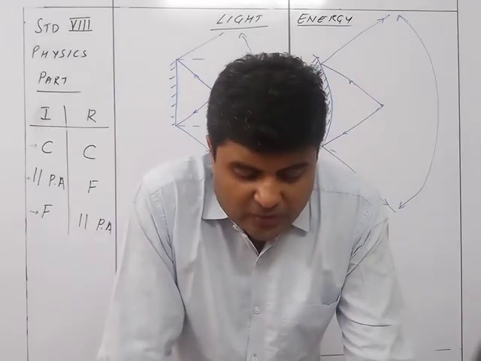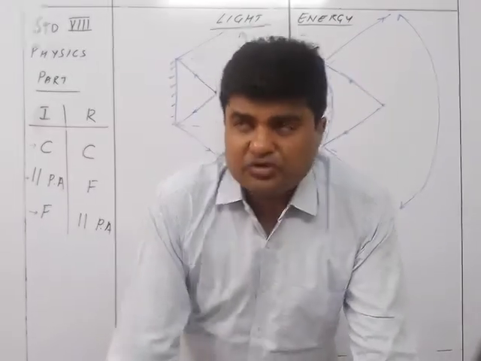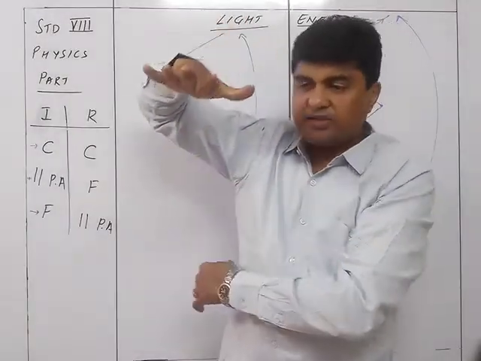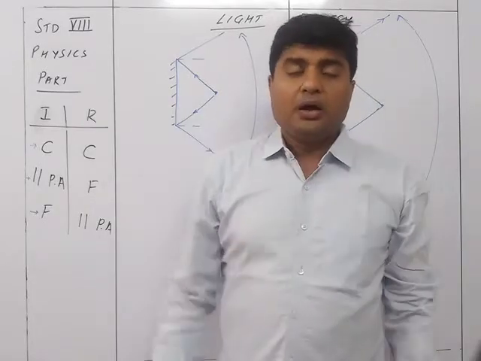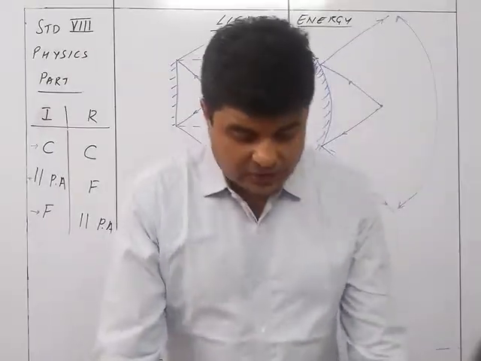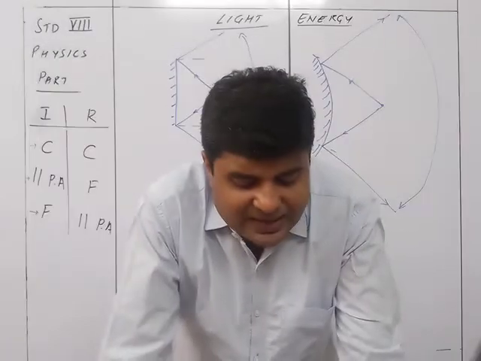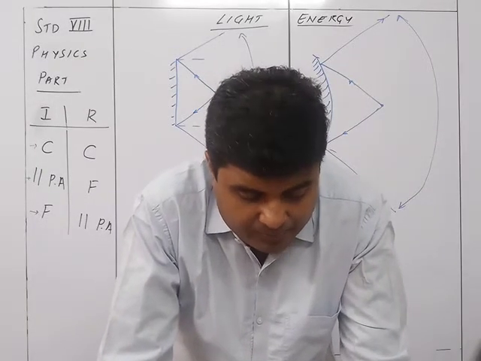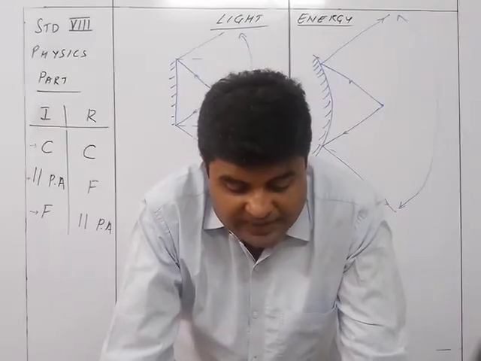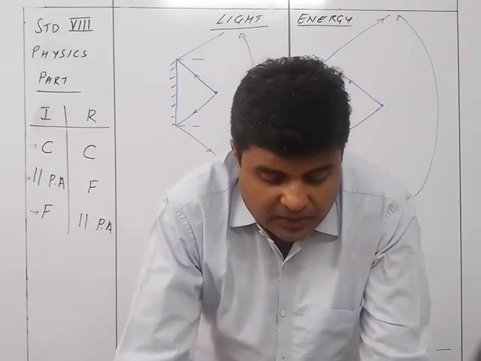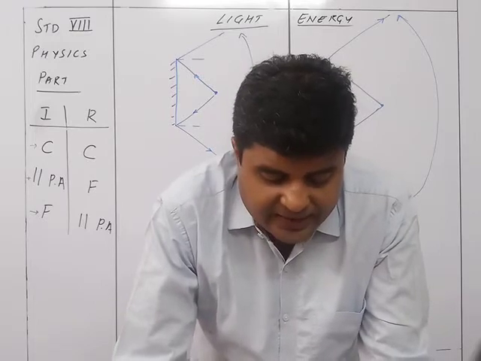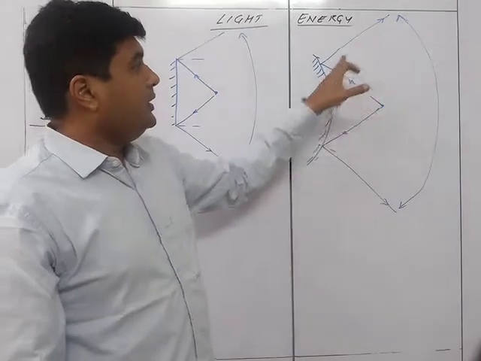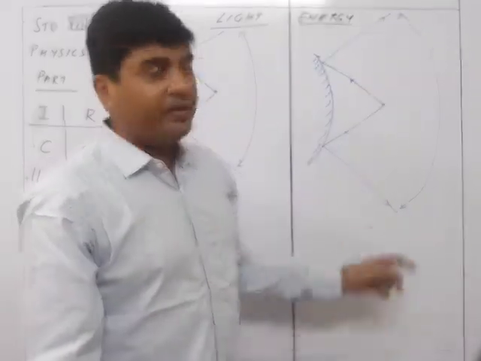The next is use of convex mirror as a reflector on a street lamp. So in street lamps also we put a reflector, so the bulb is placed here and the light reflects and goes up to here, and this also goes up to here. So it gives you a wider spread of the light. The fact that the convex mirror diverges the light rays incident on it enables us to use it as a reflector in a street lamp. The light from a bulb placed in front of the convex mirror diverges over a large area in the street as shown in figure 5.37.